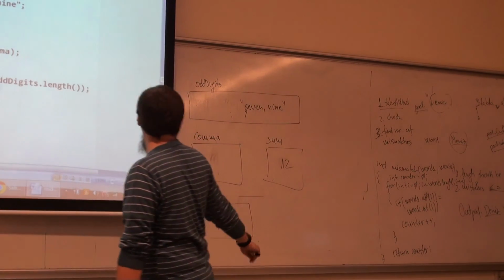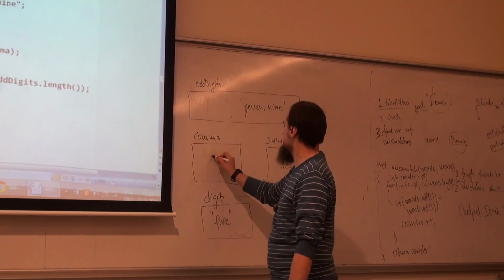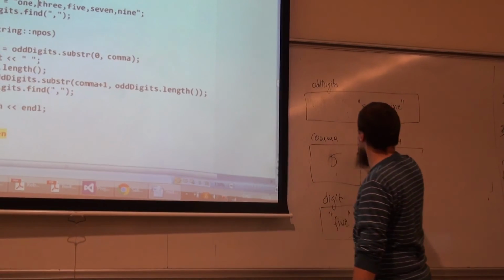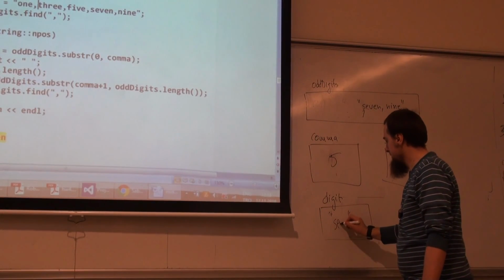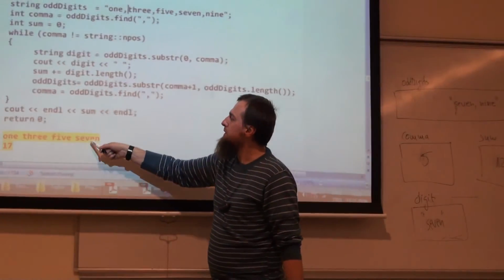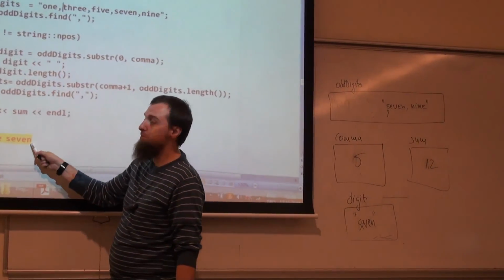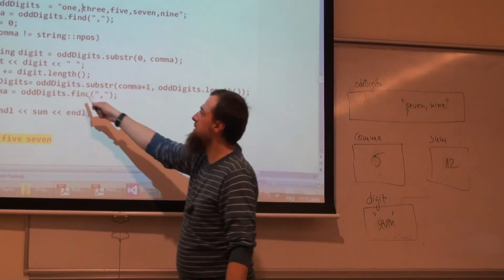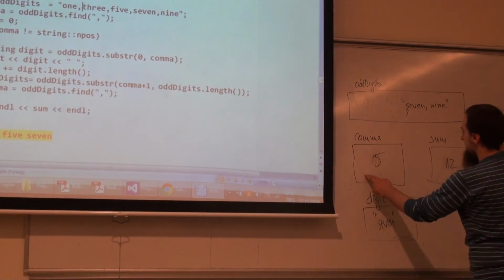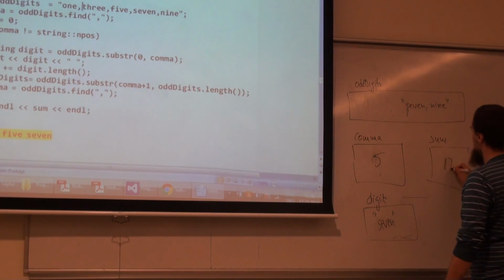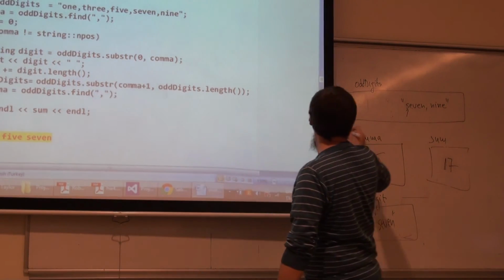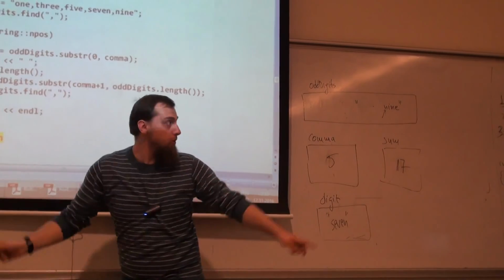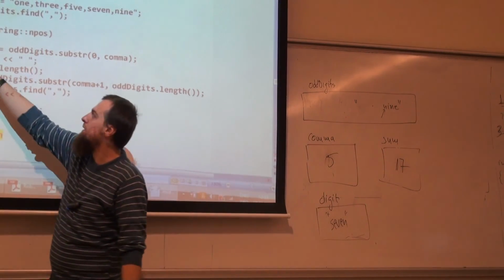We find the comma, and it's 0, 1, 2, 3, 4, 5, fifth position. Okay, it's no position. Substring from 0 to comma, it's 7. Digits, it's 7. We print the digit with empty space here. I think the empty space should also be part of the solution. We should have this yellow background. We add the sum. It's 12 plus 5, it's 17. The substring goes from 9 till the end. Now when we try to find comma, we don't have any comma here. That's why we'll have no position. We are saying